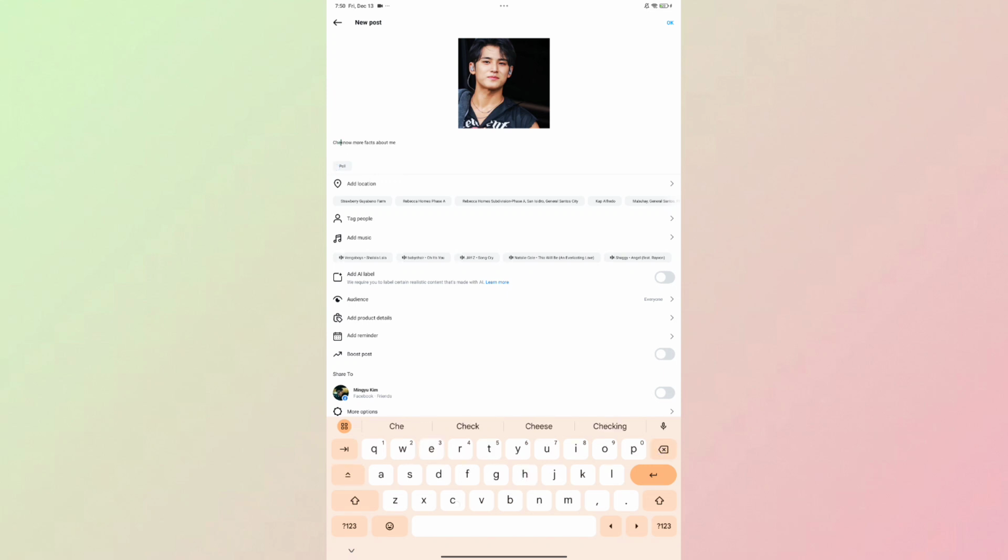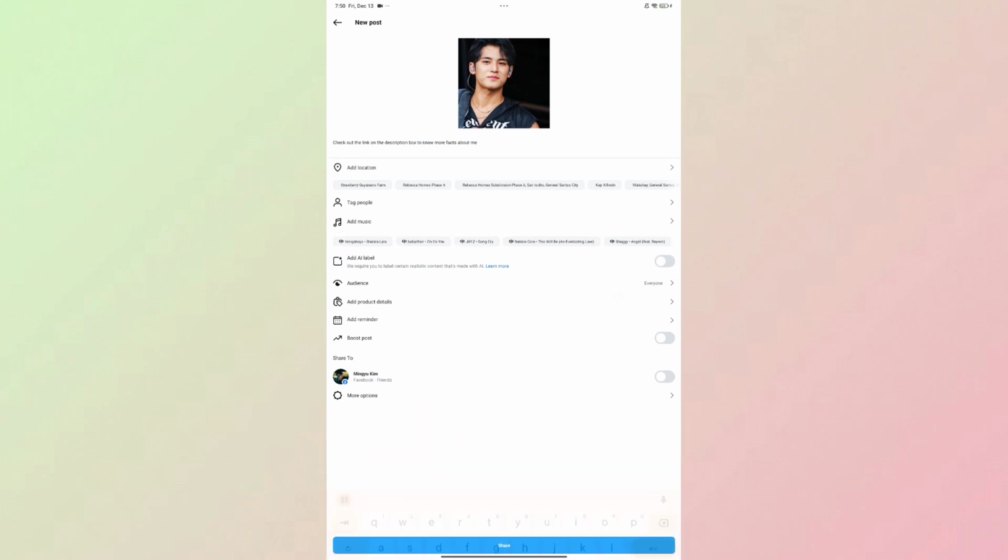So this will allow users or your followers to simply view your profile on Instagram and click on the link under your description box on Instagram. And that is how you can simply add a clickable link on